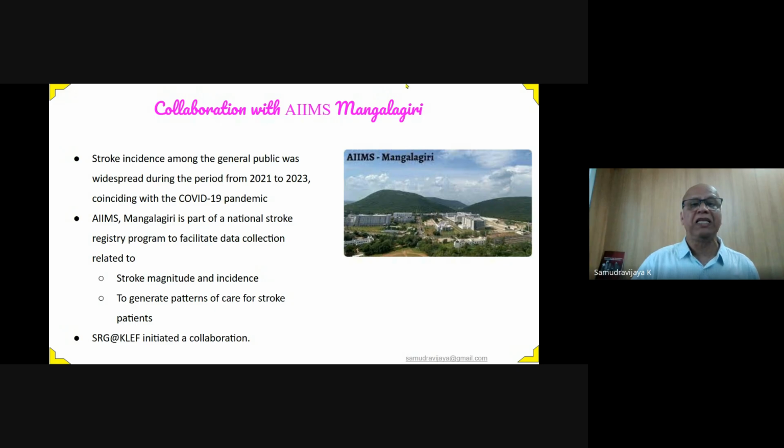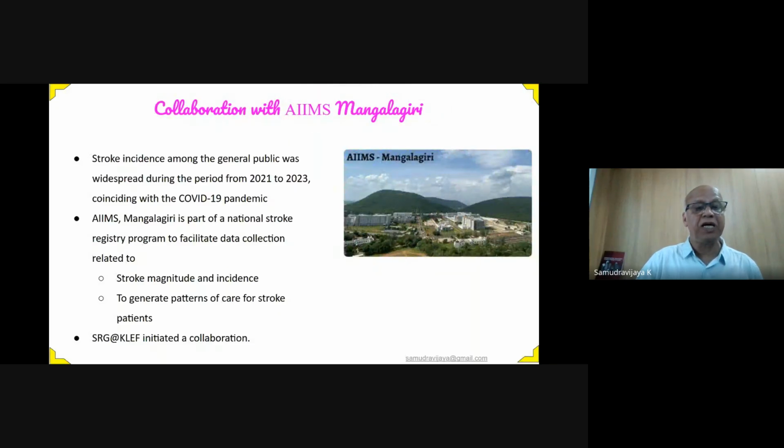So this is where the All India Institute of Medical Sciences, Mangalagiri, comes into the picture. This is the location. There are hills on all sides, and this is the campus. Dr. Govinda also showed this. Now we are in Vijayawada. Our campus is on one side of the Krishna River. About 10 to 15 kilometers away is the location called Mangalagiri. So we call this AIIMS Mangalagiri.